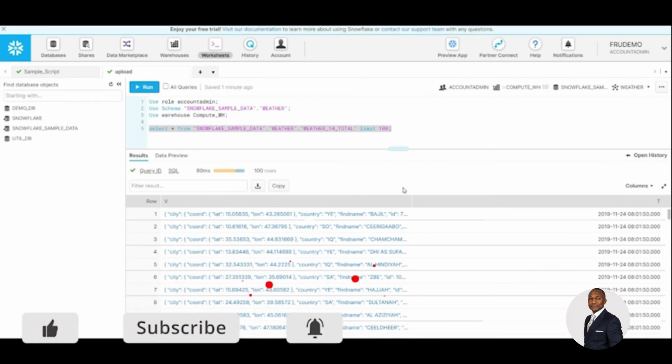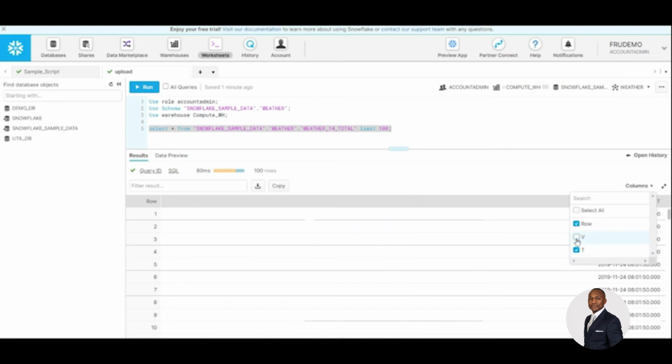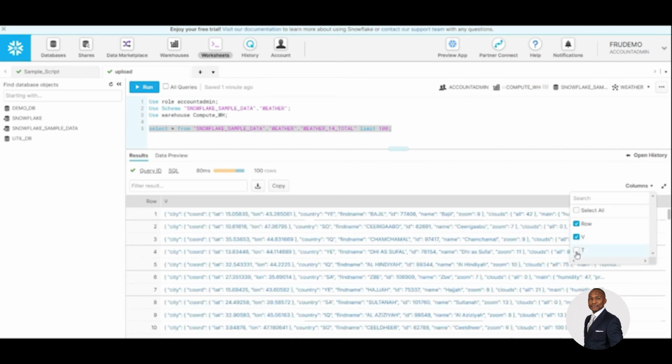And the way we're going to do that is to go into the UI, and right here on the drop down we have columns. From there you can click on that drop down, and now you can decide what column you want to see in the result. It doesn't change what the query brings back, it just simply changes what you visually see here on the result. So for example, if I don't want to see the V column, I can hide that. If I don't want to see the T column, I can hide that, and it makes the UI a lot